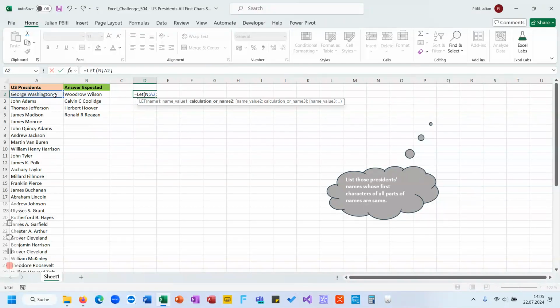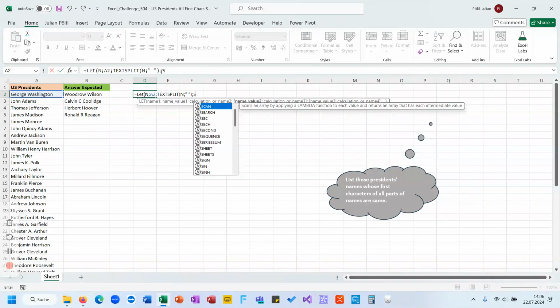So for this name we do a TEXTSPLIT, and then we use a LET, with the name as an input. We split the name with spaces as a delimiter,